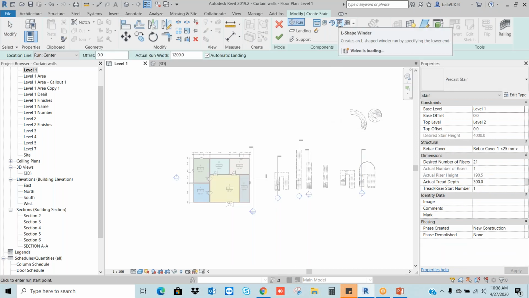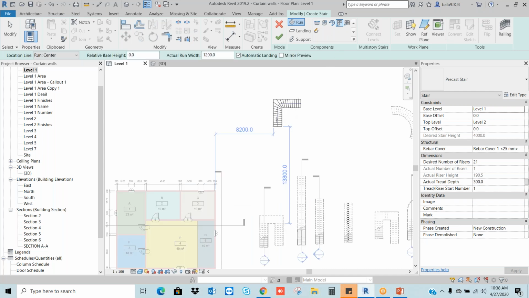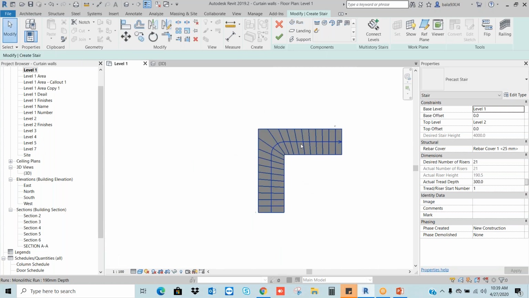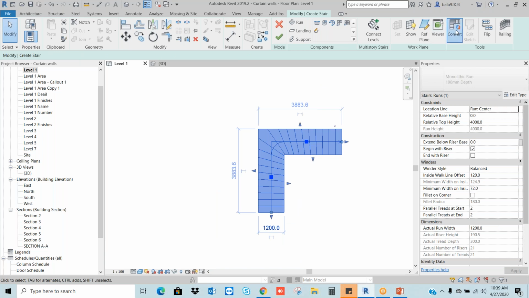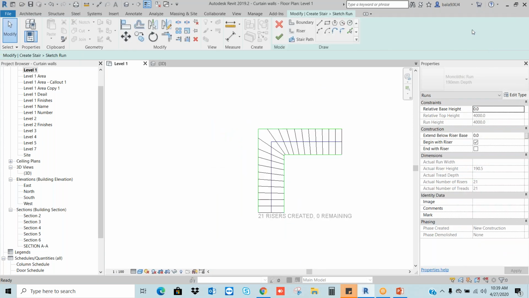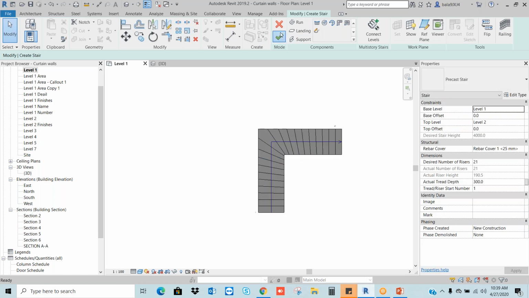And to get this winder kind of staircase, select it and just place it. These are the predefined staircases. If you want to edit, you can edit by converting it and sketching. See, the difference between winder and straight is that we get the steps in different shapes.